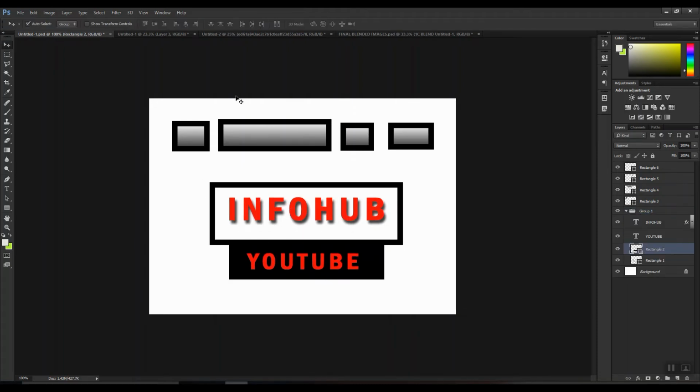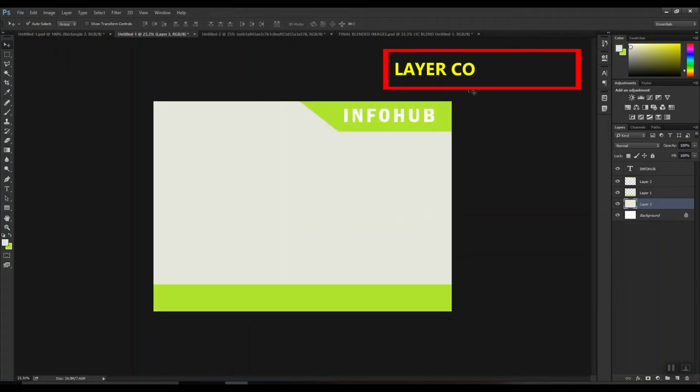Now next, which I'm going to tell you in layers, is layer compositions. See, this is used where in a particular design we want different variations, and it is also time saving. So let me show you with an example. Now let's say this is any random layout which I have selected. Now let's say I want to make different variations of this particular layout. So usually how we make it is copying each layer, changing the color of it, changing the text style, and so on.